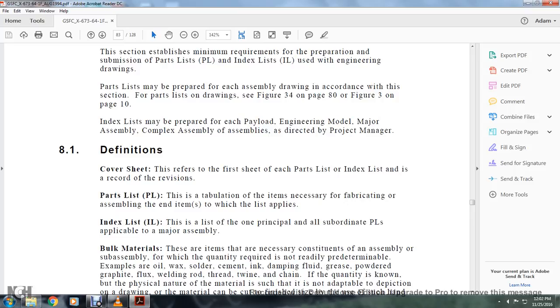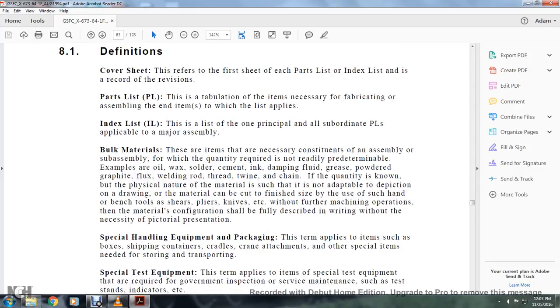Parts list: the tabulation of the items necessary for the fabrication and assembly of the listed assembly. Index list: one principal or subordinate principal parts list applicable to the major assembly. Bulk materials: these items are necessary and consistently used for the assembly of the subassembly, with the quantity of the record not readily predetermined. Examples are oil, wax, solder, cement, ink, damping fluid, grease, powdered graphite, flux, welding rod, thermite, twine, chain, or in the quantity known as the physical nature of the material is such that the